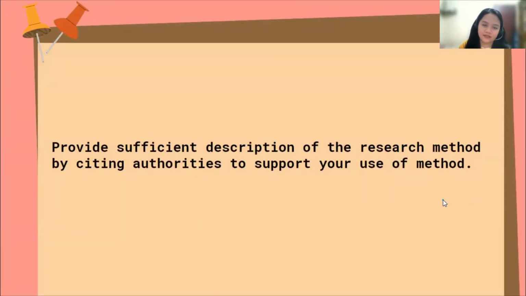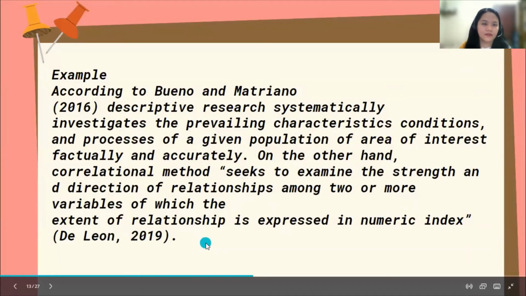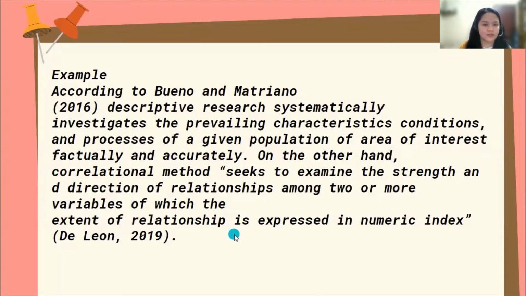The next step is to provide a sufficient description of the research method by citing authorities to support your use of the method. So, from stating what type of research method you're going to use, provide a sufficient description of your method. Pwede kang mag-cite ng author, just like this. Example, according to Bueno and Martriano, 2016, descriptive research systematically investigates the prevailing characteristics, conditions, and processes of a given